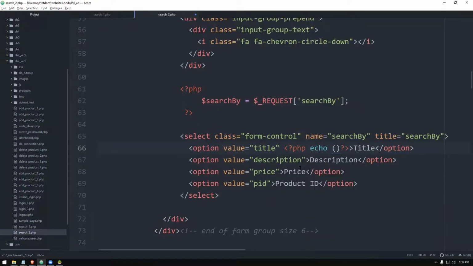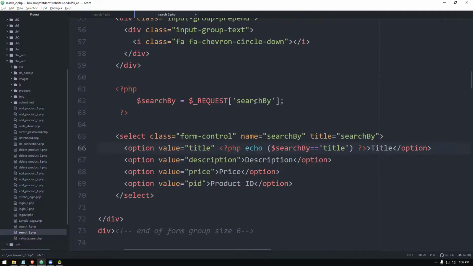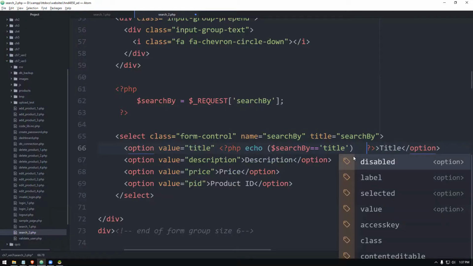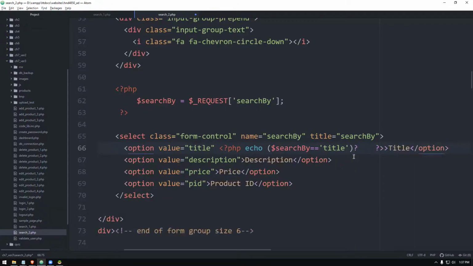Right, now we can write echo, so it will display something. I'm going to use an open close parenthesis. Inside that, I'm going to do a validation or the checking. That means I'm going to say search by whether it is equals to title. If they have selected title, this value is representing title, right? Okay, if so, don't worry about this question mark. I'm going to say this question mark here.